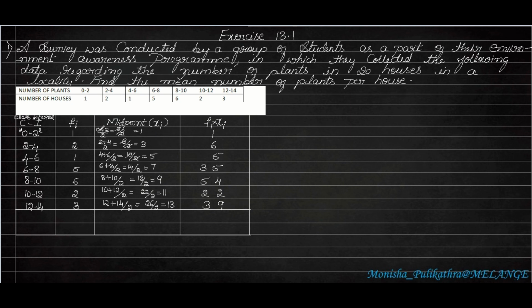Okay. Next we have to multiply fi and xi, to each and every row. So next step is to add the overall total, the grand total of fi and the grand total of fi xi. Summation fi is the sum of all the elements in this fi. So 3 plus 2 is 5, 5 plus 6 is 11, 11 plus 5 is 16, 16 plus 1 is 17, 18, 19 and 20. So summation fi is 20. Next, summation fi xi is the grand total of this column.